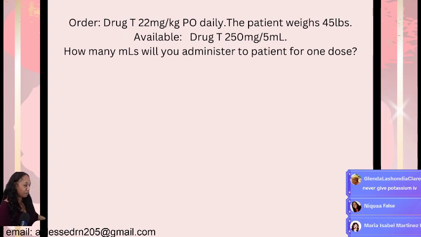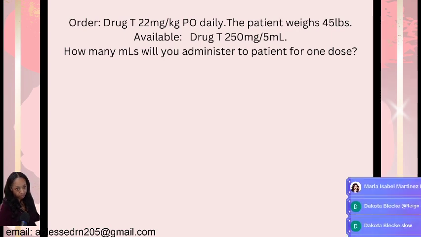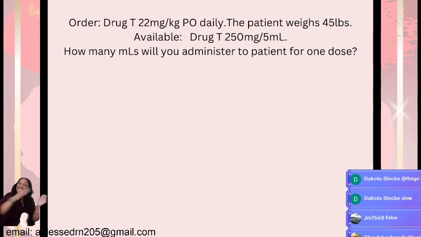Miss Glenda, you are right. You will never, ever, ever push potassium. But if you were pushing Lasix, would you give it rapidly or slowly? Right, false. So neither one of those. You never push potassium because too much potassium means too tall T waves. That's how I remember that. Too much potassium, tall T waves. So yes, that's what happens when you push potassium. You're gonna push your patient to see Jesus.